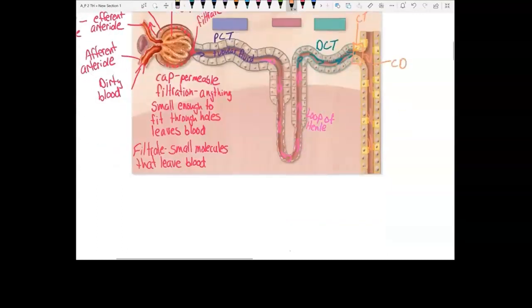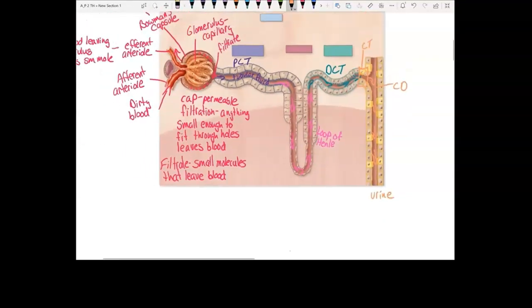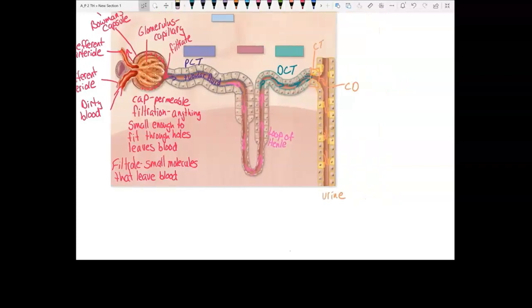Once you get down to the end of the collecting duct, then the tubular fluid is called urine. So you start off, you have filtrate, the small molecules you remove from the blood. That filtrate flows through the rest of the nephron, the proximal convoluted tubule, the loop of Henle, the distal convoluted tubule, collecting duct. As it's flowing through these areas, so here from proximal convoluted tubule all the way to here,